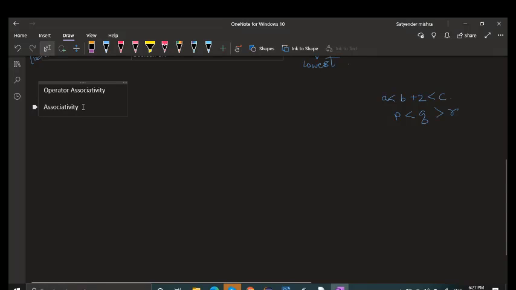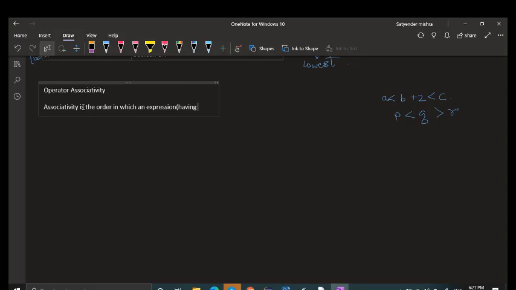Okay. So associativity is the order in which an expression having multiple operators of the same precedence is evaluated.